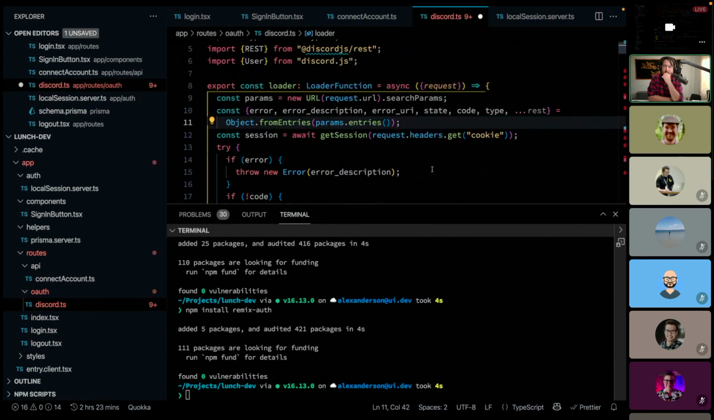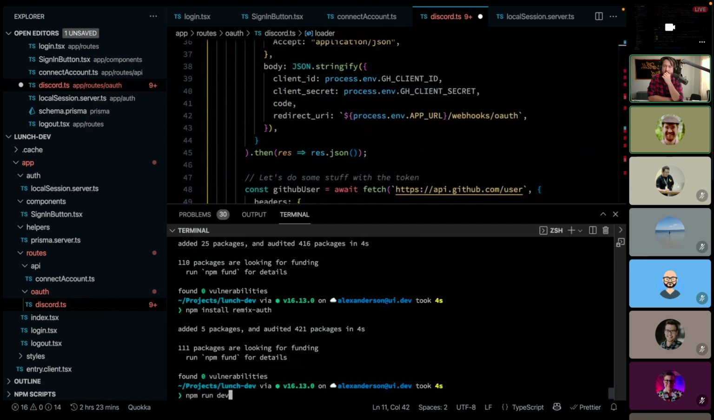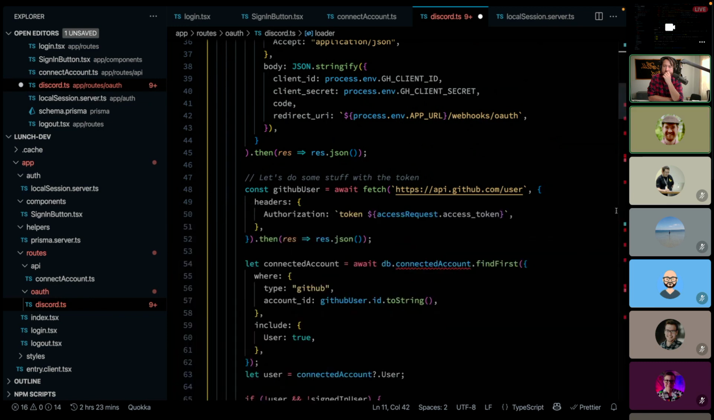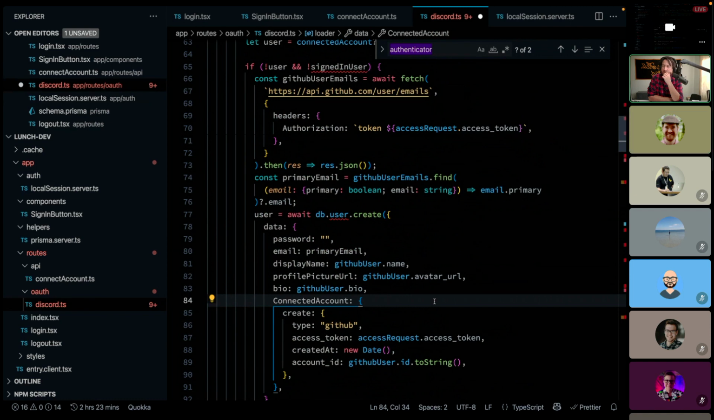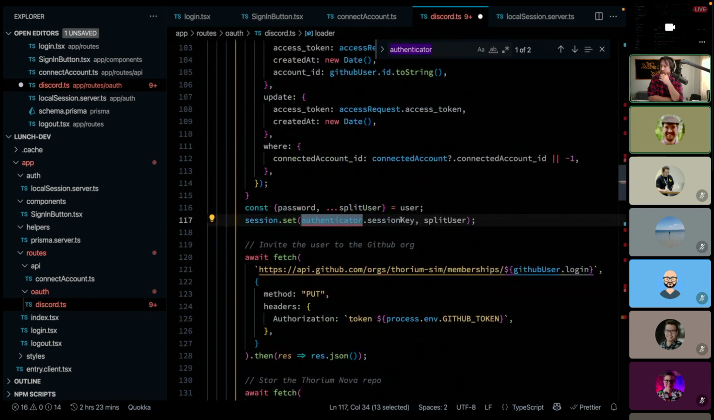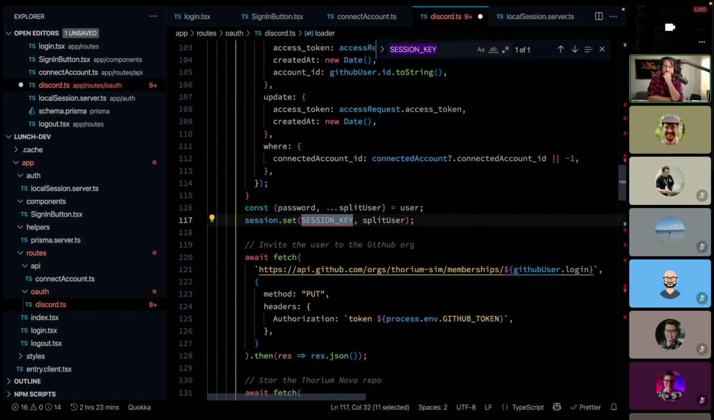I'm just going to run npm run dev again, and then close this so that we have a little bit more room. And all that we have to do is just change the session key. So I'm just going to make it a,